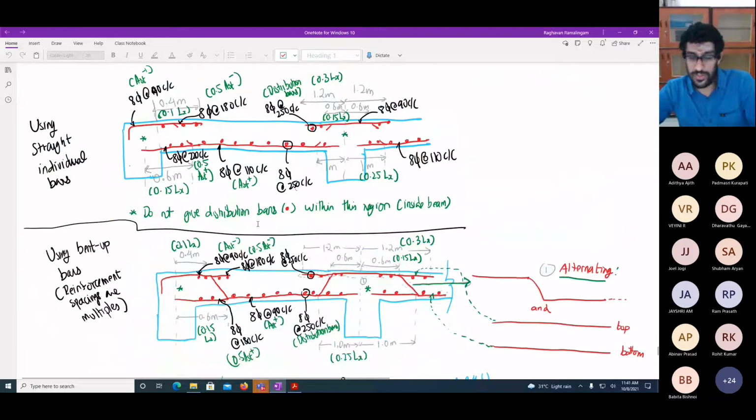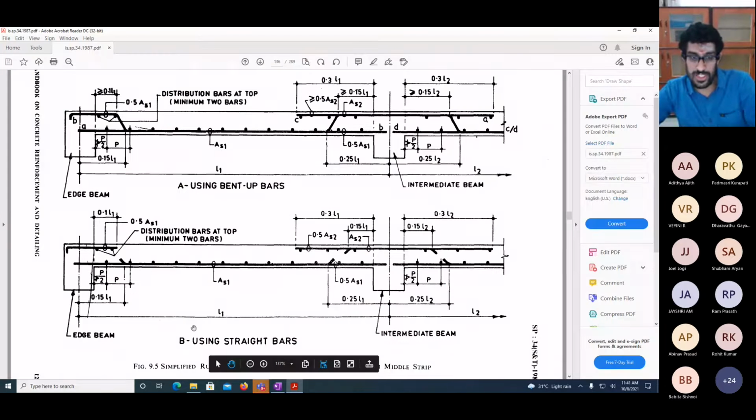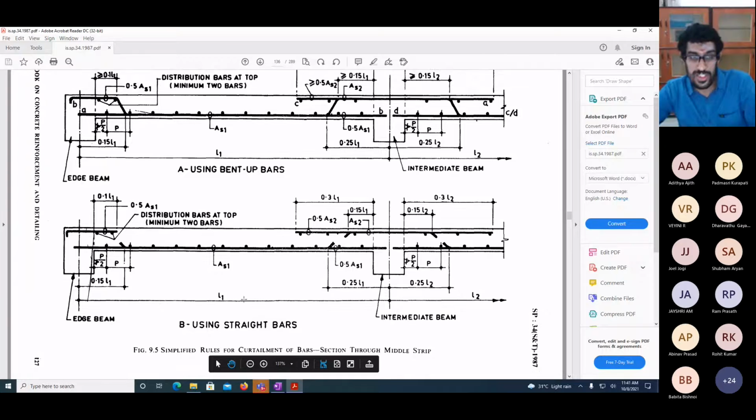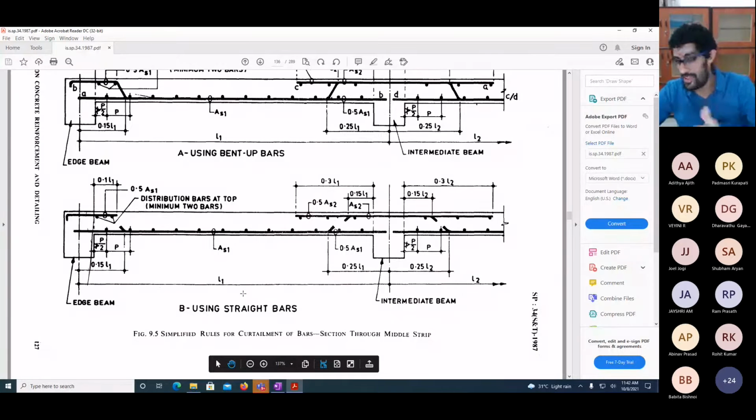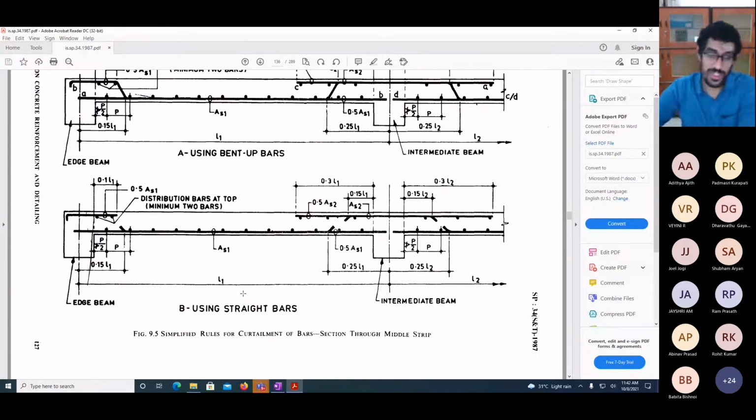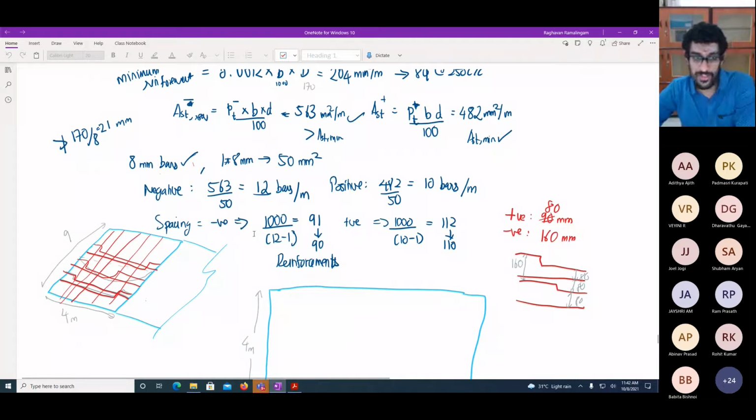basically we see here that we have two options. One is you can use bent up bars or you can use straight bars. The easiest thing for you to do right now is to use straight bars. If you look at our problem over here, we saw that for the negative reinforcement we required 90 mm spacing, and for the positive reinforcement at the span we required 110 mm spacing. Because of that, both the spacings are different. So therefore it is easier if we give our